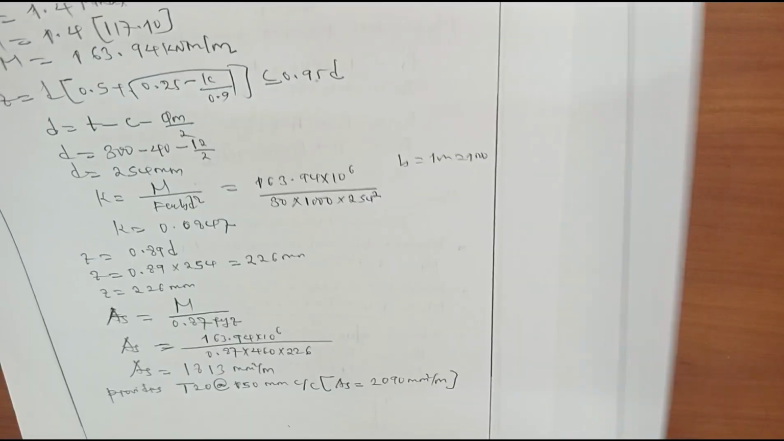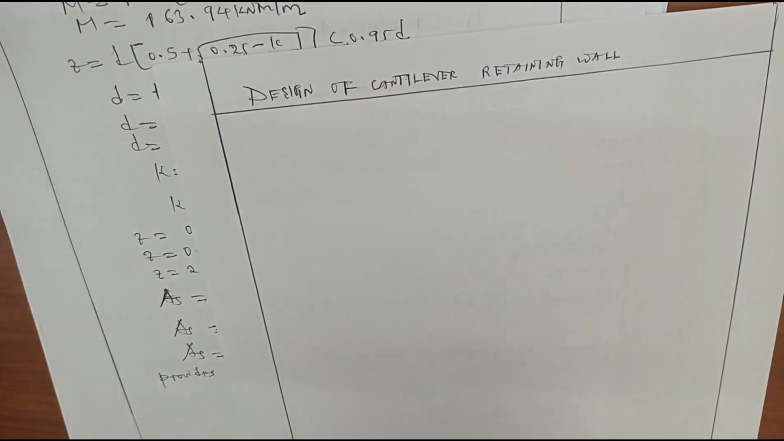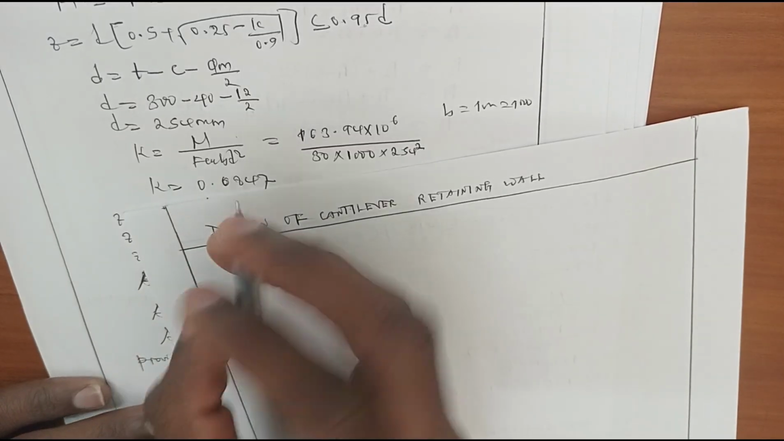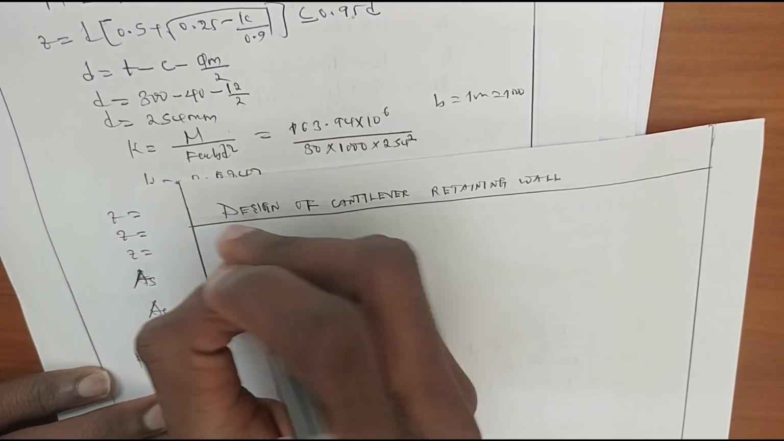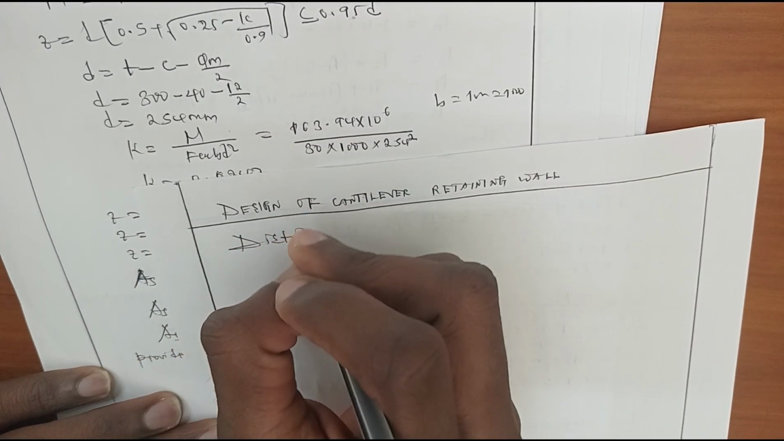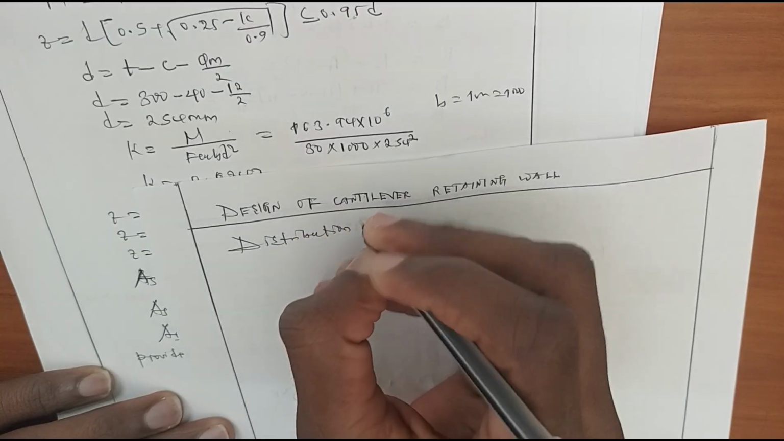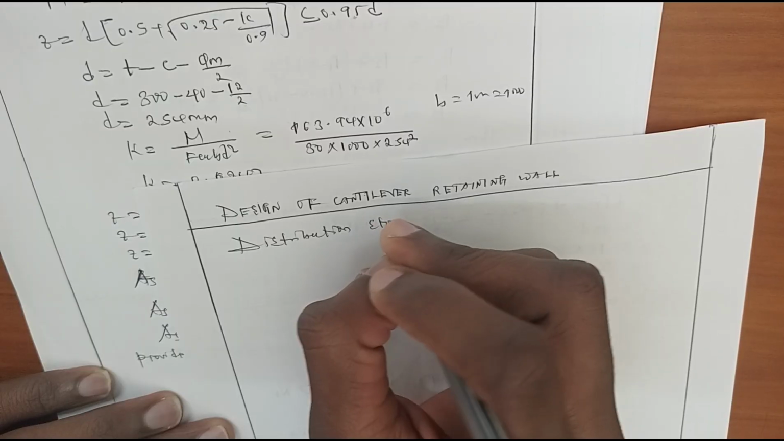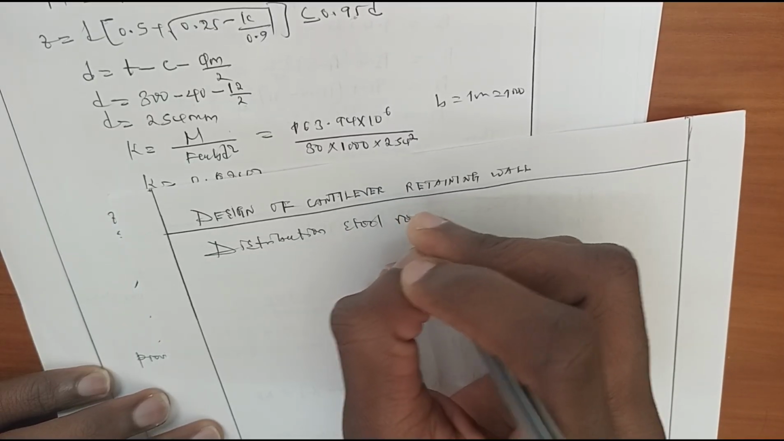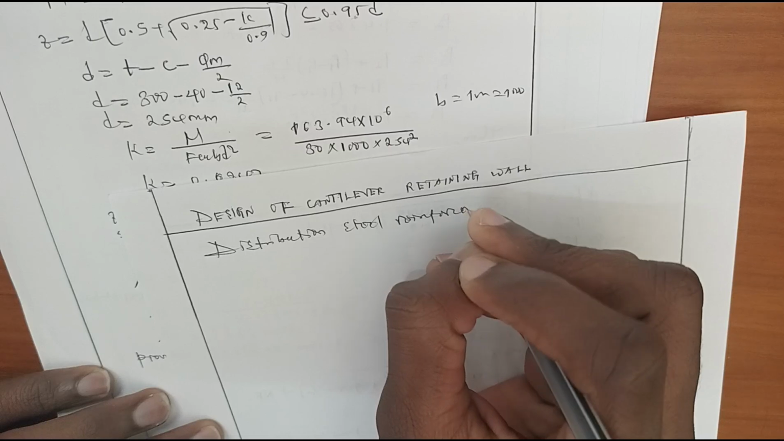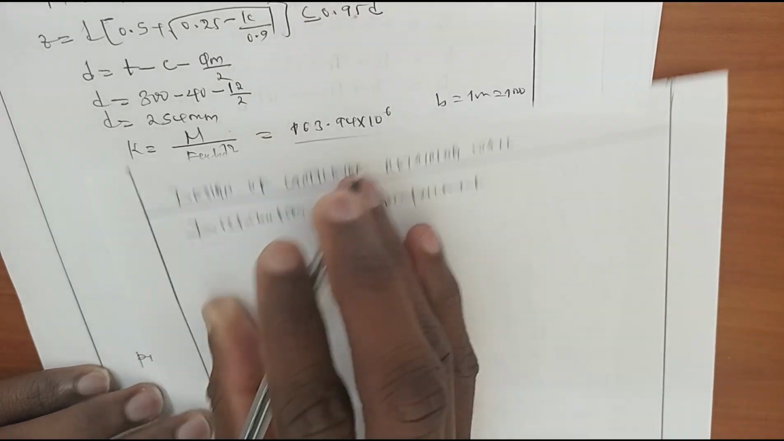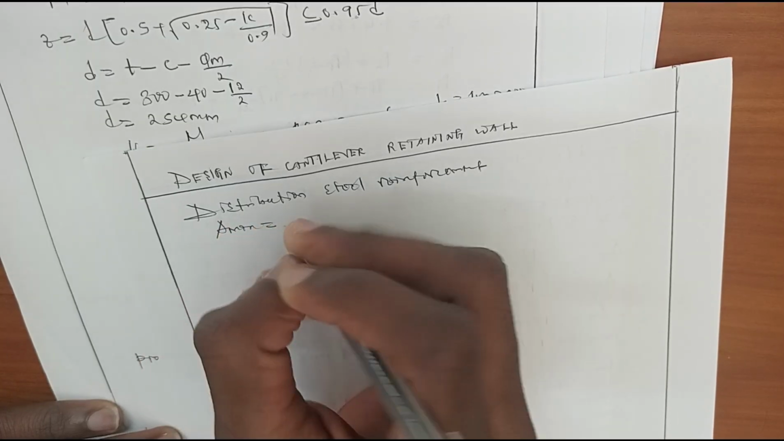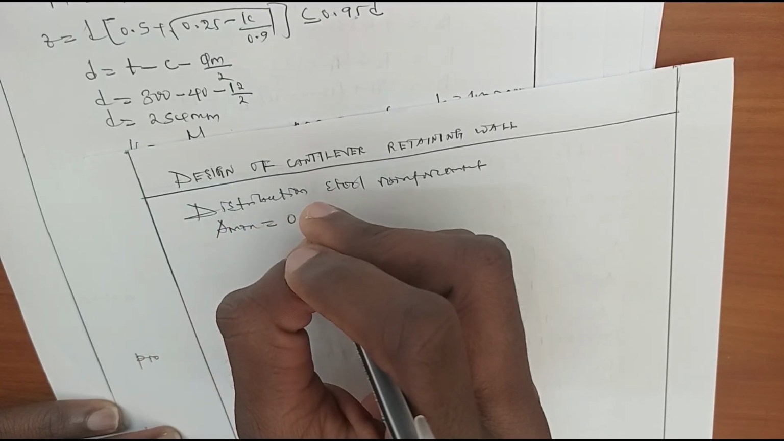Also, you may be asked to determine the distribution steel reinforcement area required. Let's find the distribution steel reinforcement. The area of distribution steel reinforcement is obtained by taking the minimum area required, the minimum area, which is given by this formula,